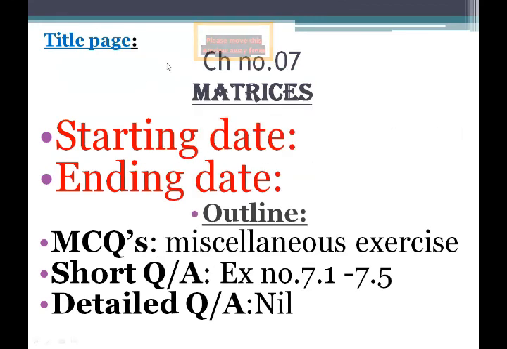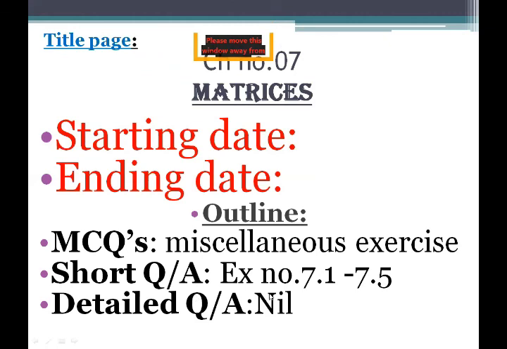This is the title page. This is the way you will draw the title page in your copy. Chapter number 7, chapter name matrices, starting date, ending date, and then the outline. MCQs from the miscellaneous exercise, short question answers, exercise 7.1 to 7.5.